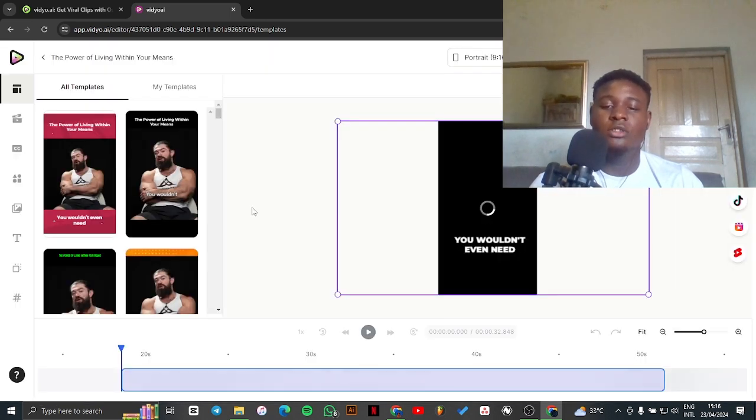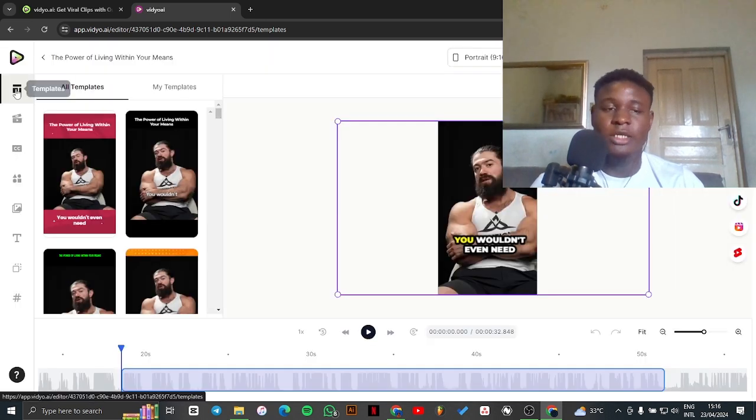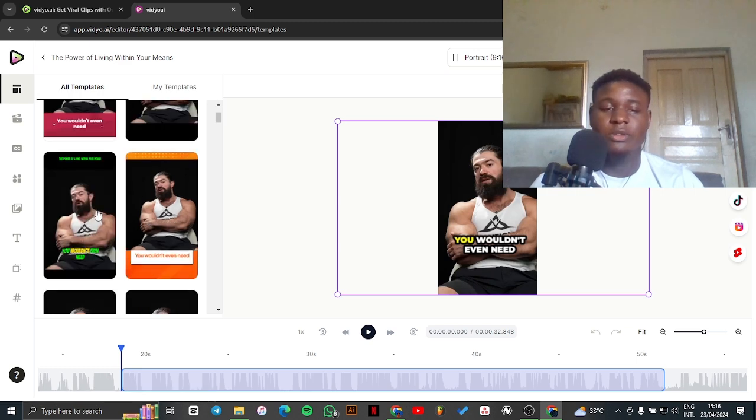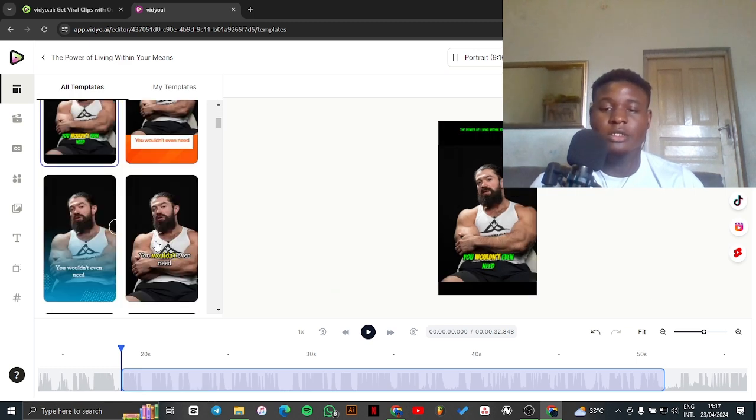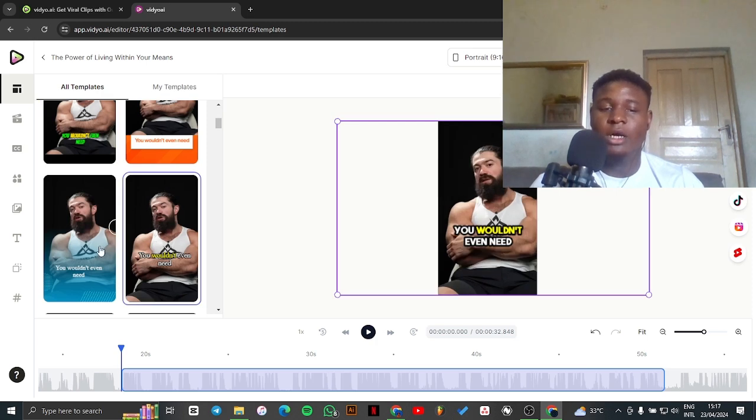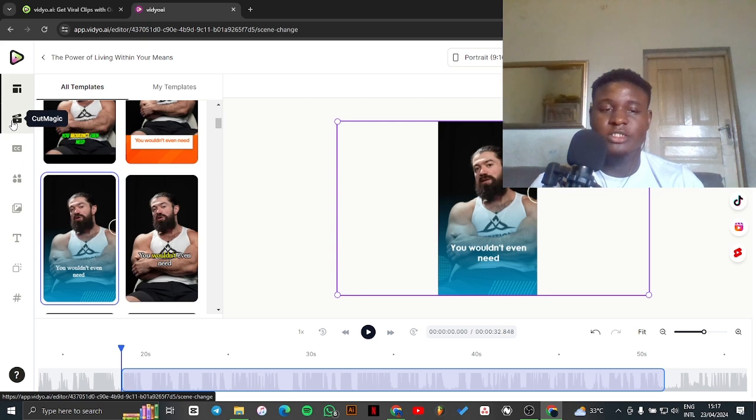Okay, so in the edit section now, you can change the template. So basically what that means is I can make it look like this, make it look like this. I always kind of like this one with the blue underneath. So then with Curve Magic,